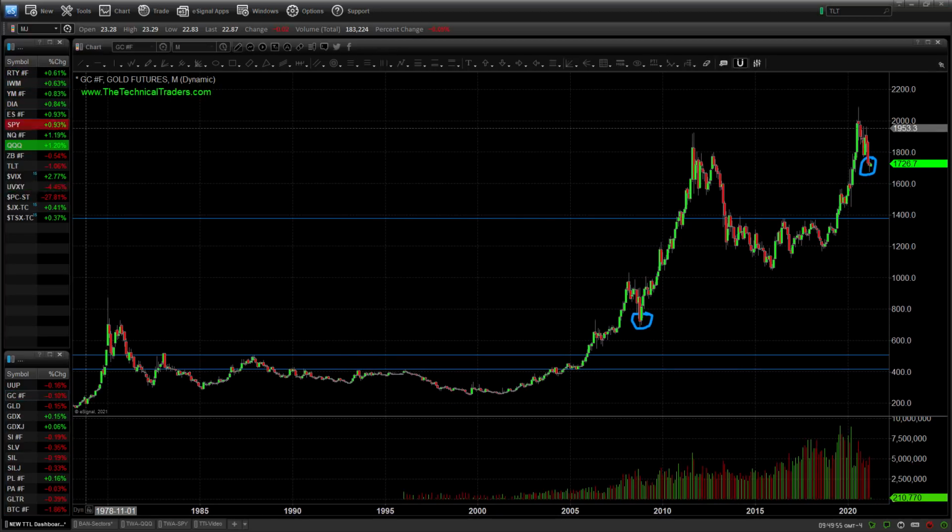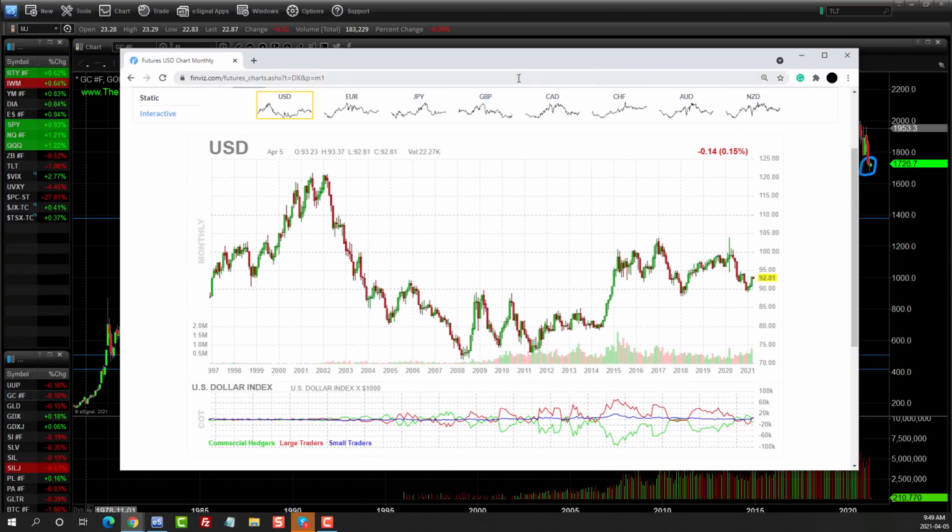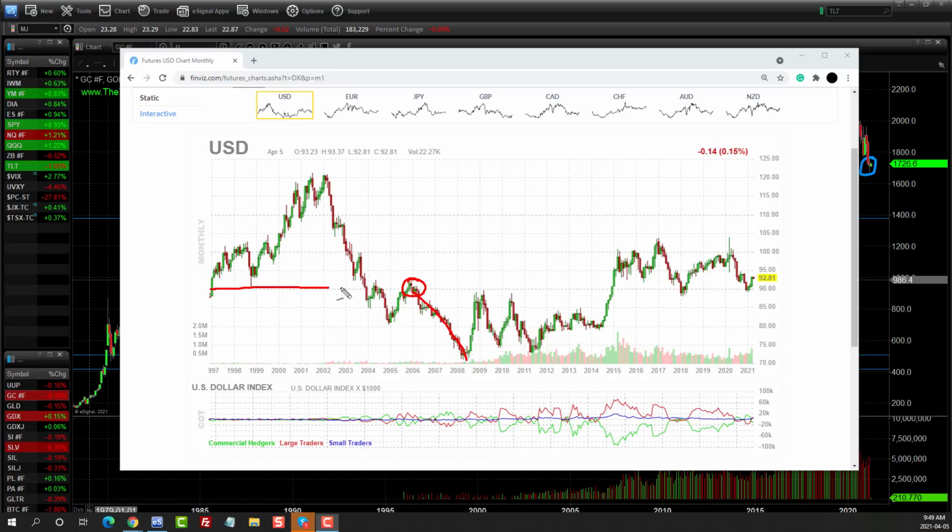Now, if I was to just pull up the US dollar index chart real quick, you can see 2006 where it put in a top and then went and sold off. That's when we had that huge run in gold to the upside. Now, if we were to just draw a line across the sand here through this chart,